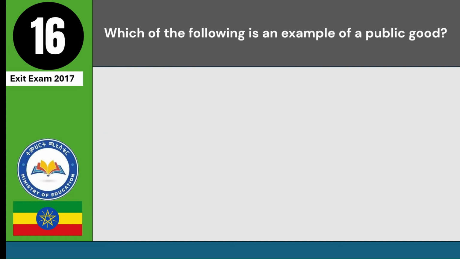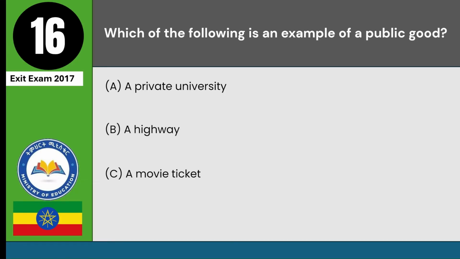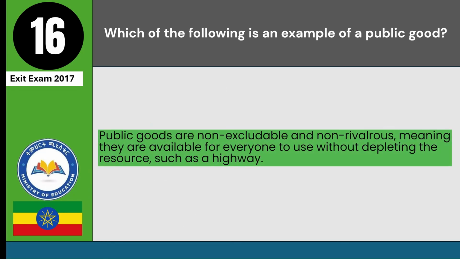Which of the following is an example of a public good? A. A private university. B. A highway. C. A movie ticket. D. A company stock. Answer B. Public goods are non-excludable and non-rivalrous, meaning they are available for everyone to use without depleting the resource, such as